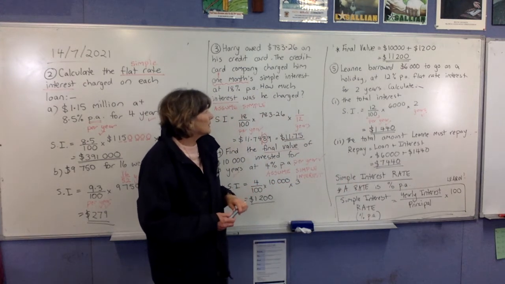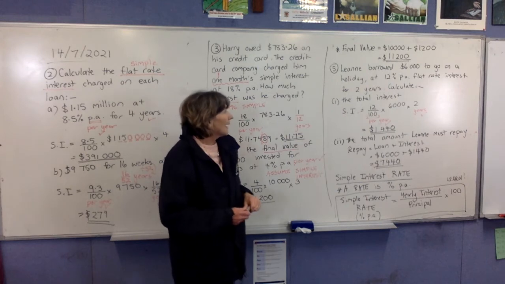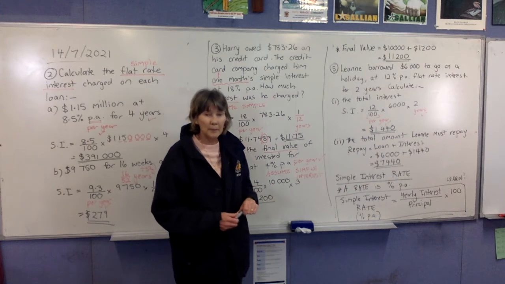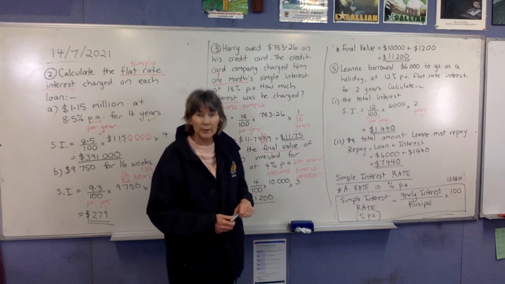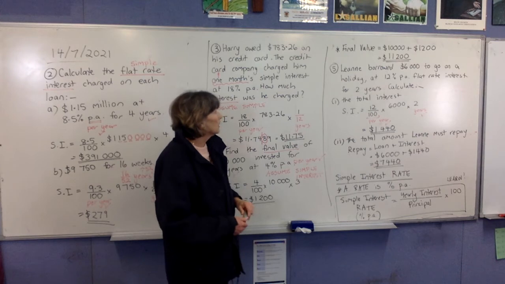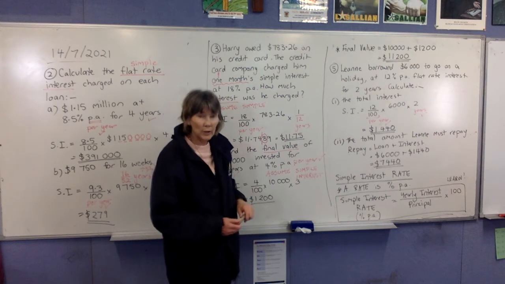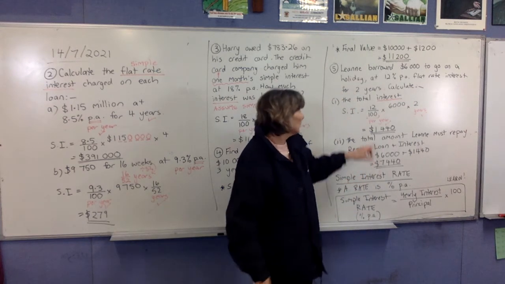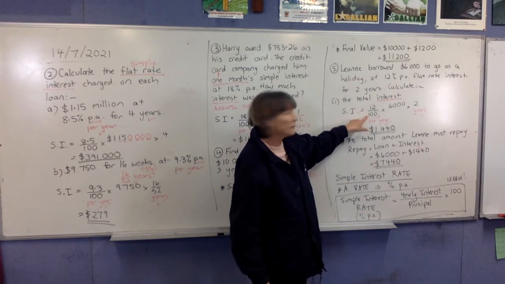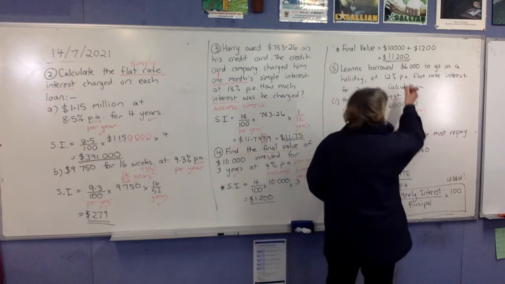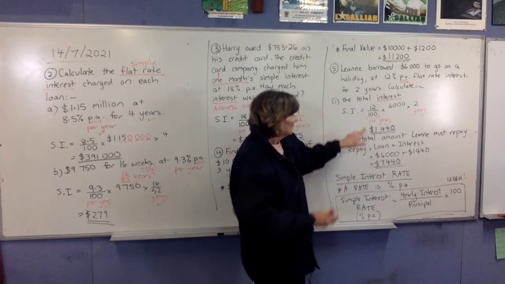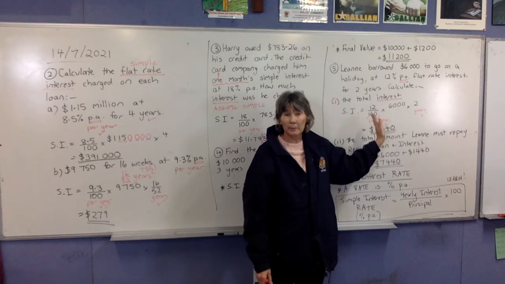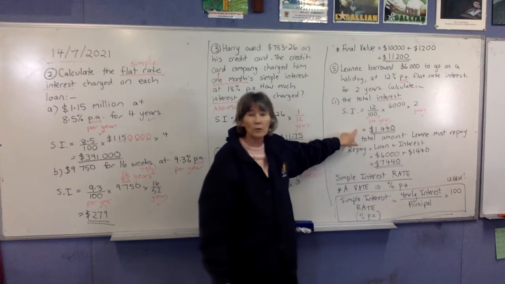All right, looking at the next example, number 5, Leanne borrowed $6,000 to go on a holiday at 12% per annum flat rate interest. That's the same as simple interest for 2 years. So firstly, we're calculating the total interest. So we know what to do here. It's 12%, 12 over 100. Now that's per year. Times by the money, times by 2 years. So the time periods are both fine, they're both in years. Work it out and you've got interest of